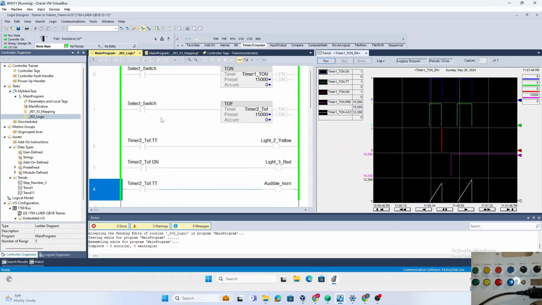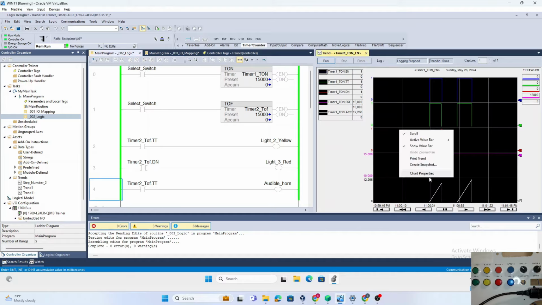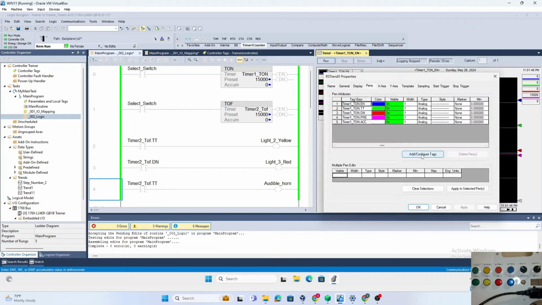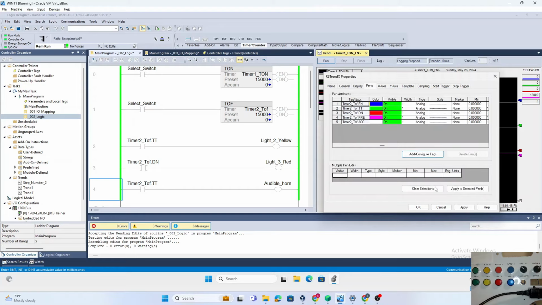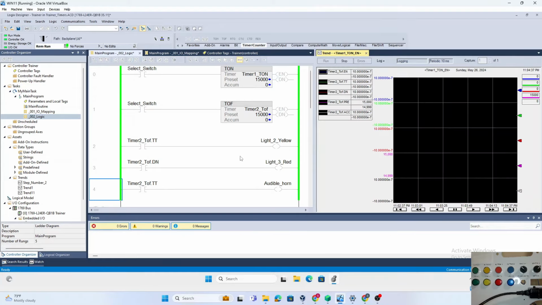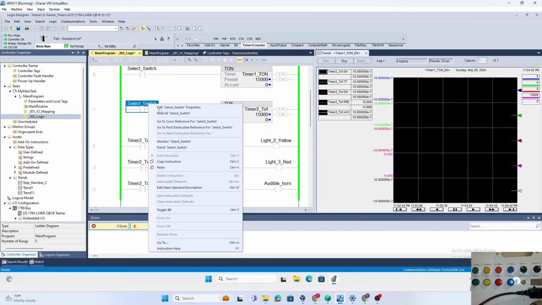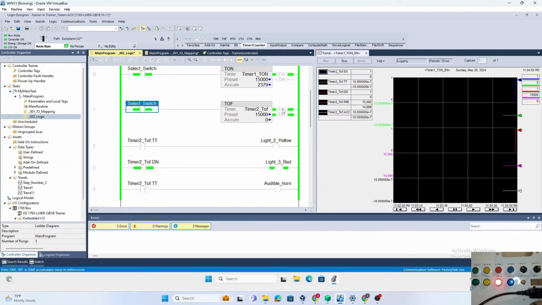Alright, so now initial condition, we will come back and we'll go ahead and change all these to timer 2. So we'll go ahead and remove all this. We added all the necessary bits. We apply, and initially timer 2 off, everything is off. Once selector switch is on, the enable bit and the done bit came on, and the timer timing bit is not high yet because it's waiting for the input